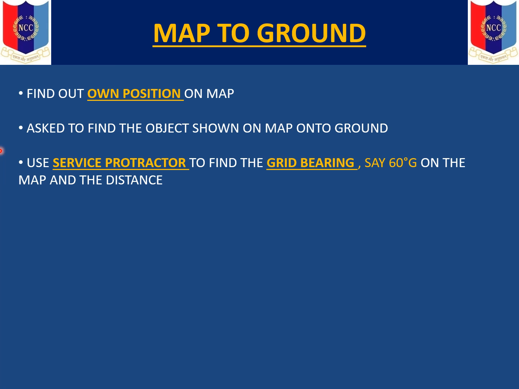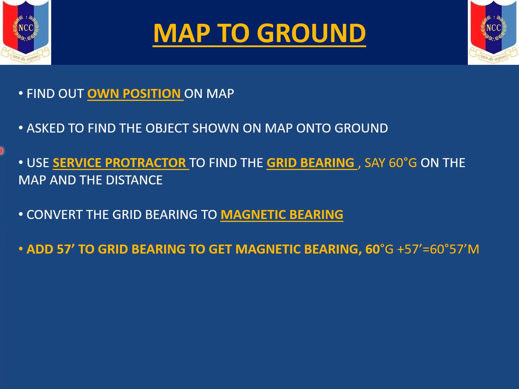You will be using the service protractor to find the grid bearing, say 60 degrees on the map, and the distance. Convert the grid bearing to magnetic bearing is the next step. Now this is an additional step which may or may not be done. You have to add 57 minutes to grid bearing. I've taken 57. This is actually to be found out from the map sheet,